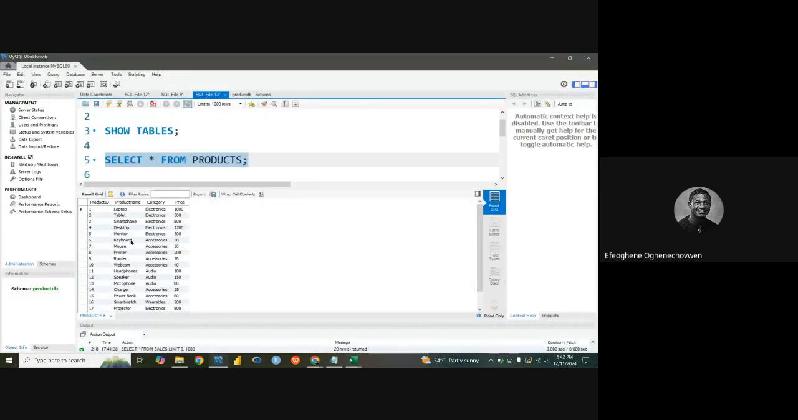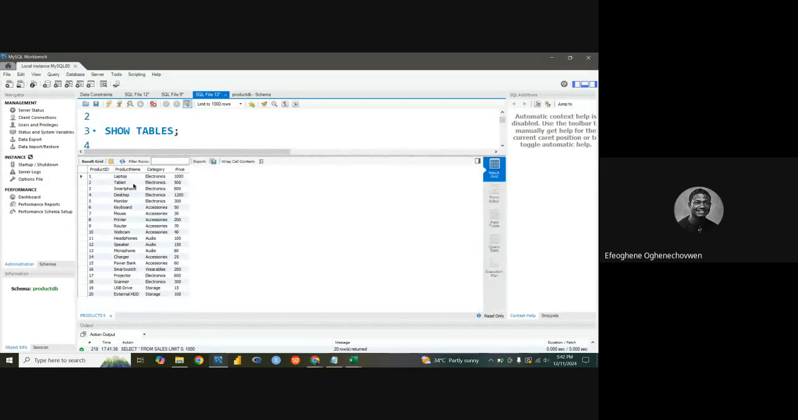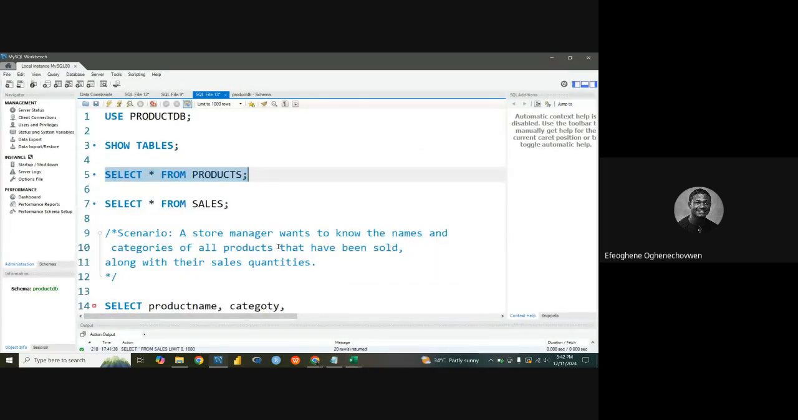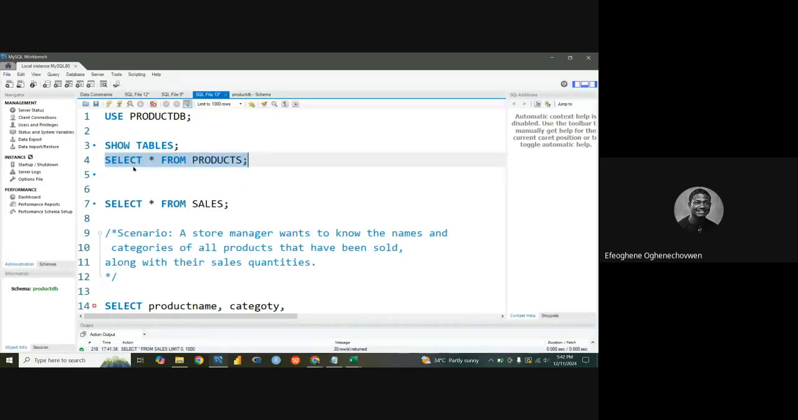Every day you are taking inventory, you're adding more product to what you are retailing, or you are giving out as wholesale. All right. So you might not be able to see it at a glance. That's the reason I'm using this small data set, just 20 columns, so that we can see what it is. But in real scenarios, you might not be able to see the whole database. So now, as a store manager, you want to know the names and the categories of all the products that have been sold. That means if you have all of this,